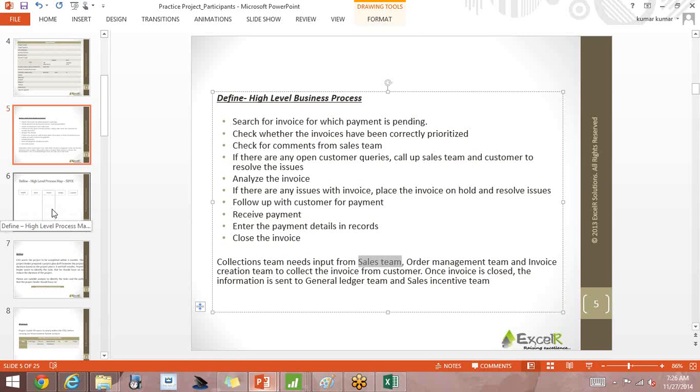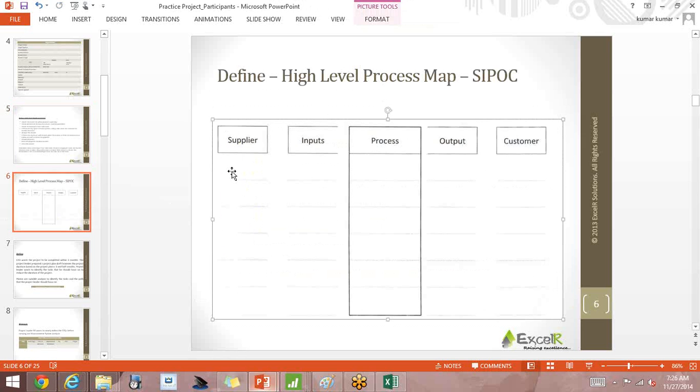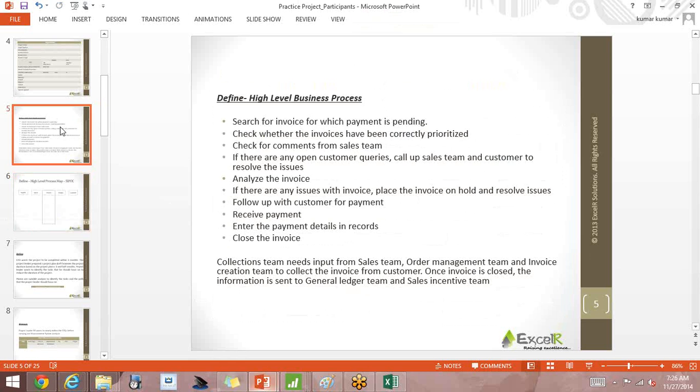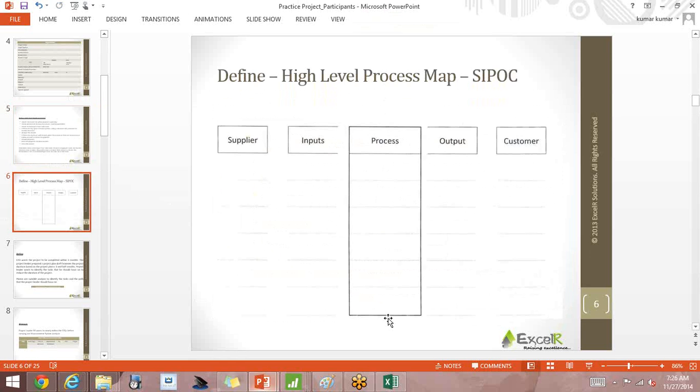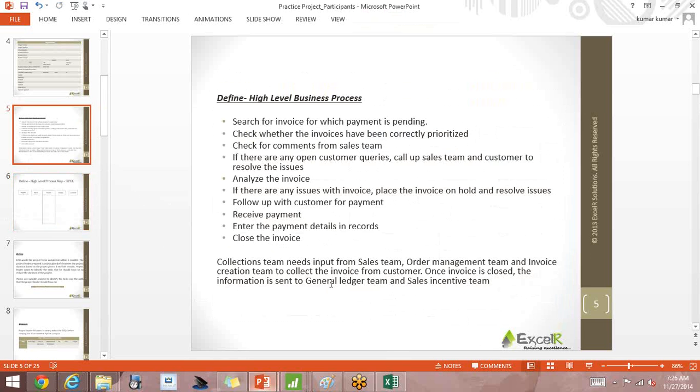What is the input? Input is nothing but your invoice. So if you were to write here, you would have written sales team, order processing team, and the other team. What is the input? Invoice. What is the process? Process is mentioned here, 1, 2, 3, up to 11, whatever it be. You would have written down all the process steps here. Copy paste, that's it. And what is the output?